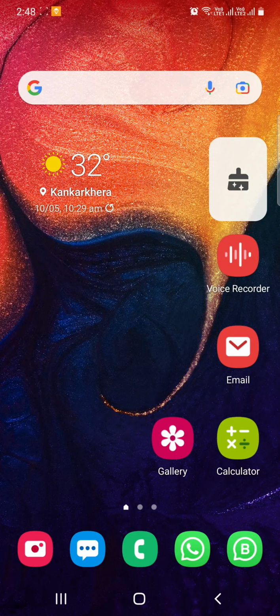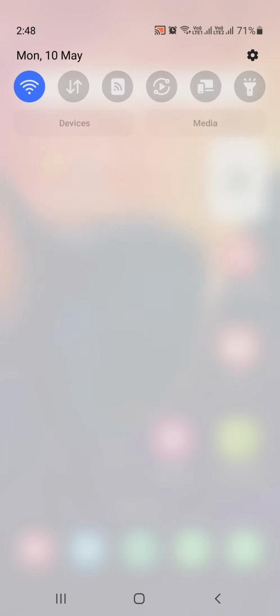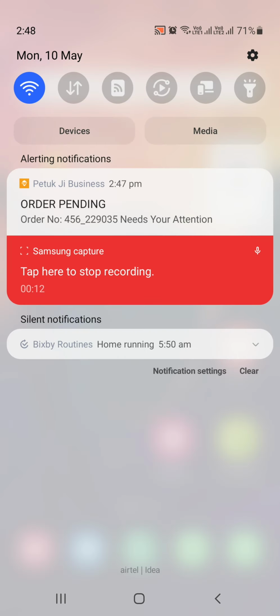Here I'm just going to show you how a restaurant owner can manage a food delivery via our application. Whenever a restaurant owner gets an order, he will get a real-time notification at the top of his mobile. It is not necessarily required that he always keeps the application on in the background or anywhere else. He can turn off our application at any point of time and he will still get a real-time notification.